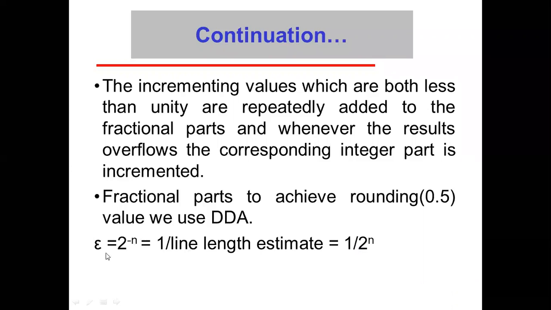Now the value of epsilon you can calculate easily in the symmetrical case. Put n equal to 4 here, or use this to calculate. So epsilon is equal to 1 over 16. Epsilon is the small increment to x and the small increment to y, so that we can calculate the interval of x as well as y. So here we are getting epsilon equal to 1 over 16.